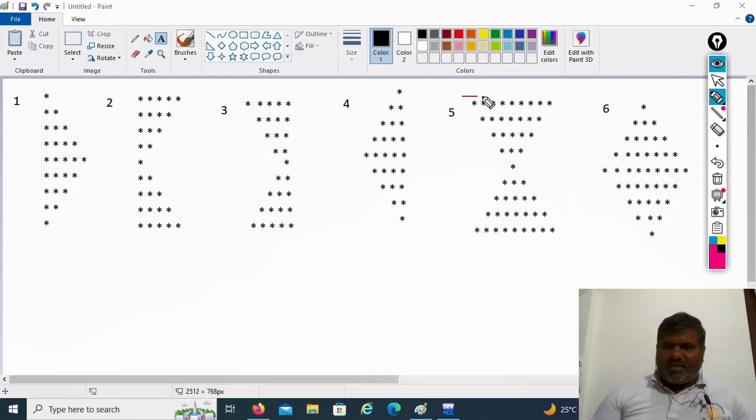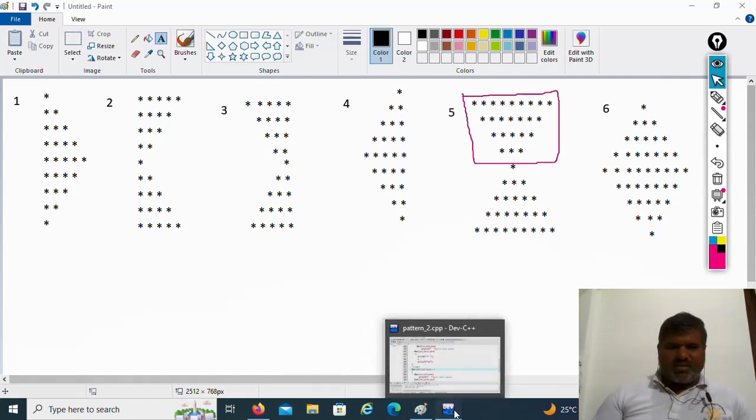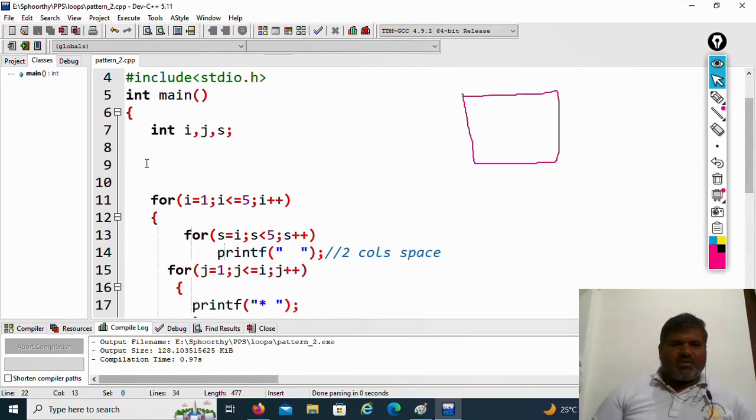So what is this one? First let us try to display this part. Already we displayed it in the previous session. Then upper part and lower part. So what we want to display: 1 3 5 7 9, then 9 7 5 3 1, then 1 3 5 7 9. So let us display this part. This is also the same as previous. So what we need to do here,